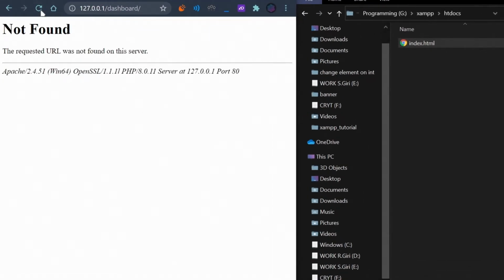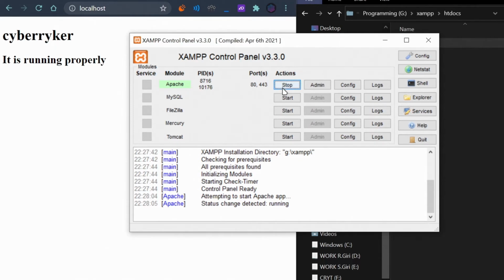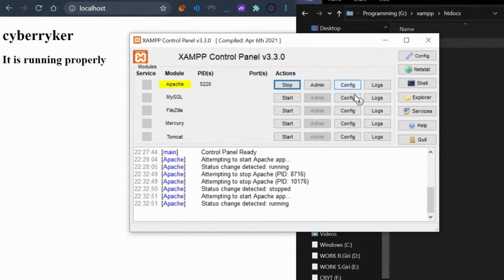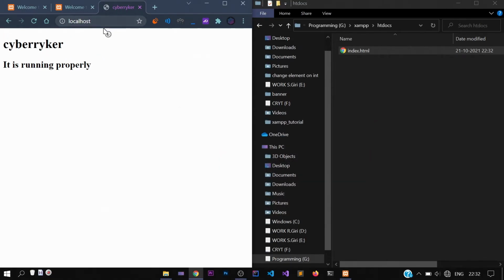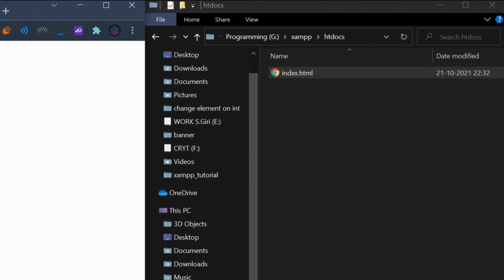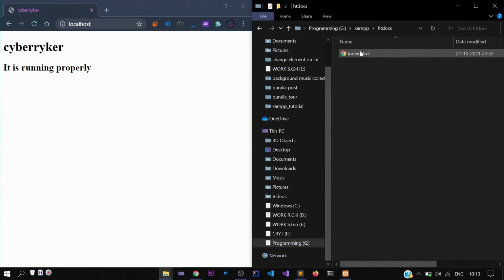Now sometimes you may get this type of not found message in spite of having HTML and PHP files in the htdocs folder. Simply restart Apache to solve the problem. You can add the files of your own websites in the htdocs folder to run them on the localhost, and you can test your website before it goes live. You can also run your PHP files here. Let us check if you can run a PHP file on it.